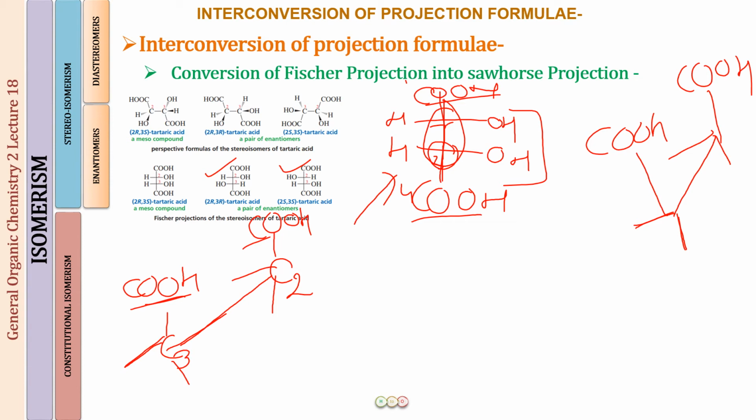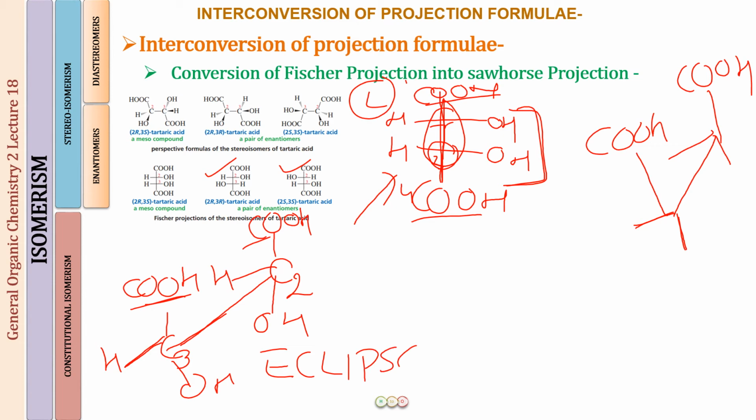So you can see now on the left side of the vertical line you have two hydrogens, so just write a hydrogen here, a hydrogen here. On the right side you have two OH groups, so write the two OH groups. This is how you will be getting the eclipsed conformation for mesotartaric acid. Now you have to convert it into the staggered sawhorse projection, because always the staggered conformation